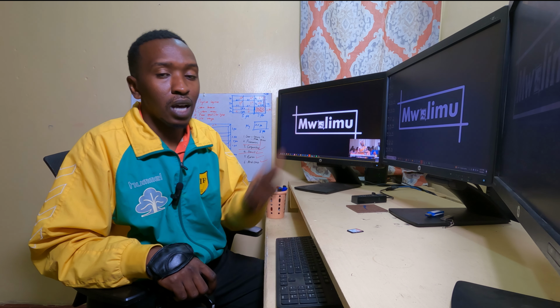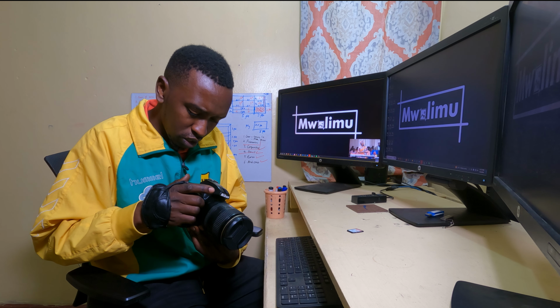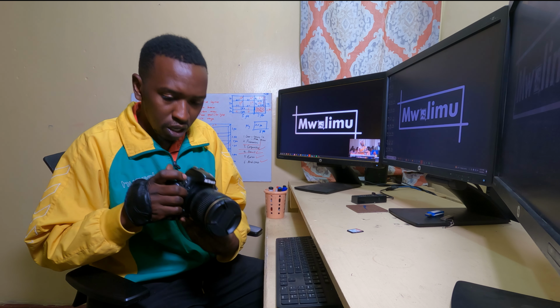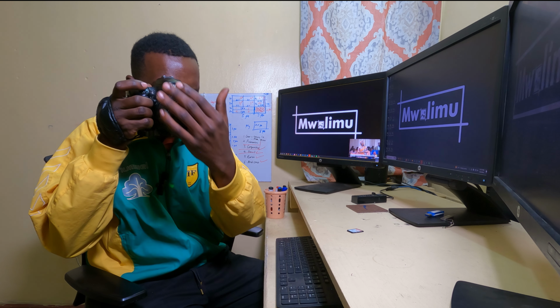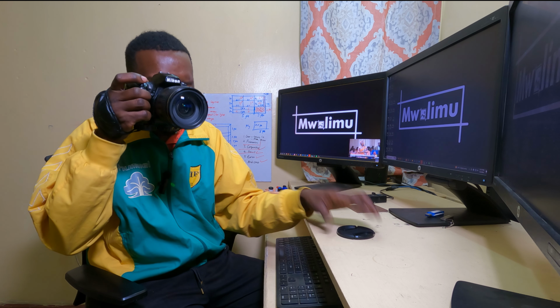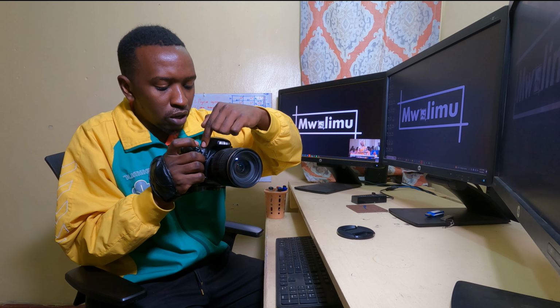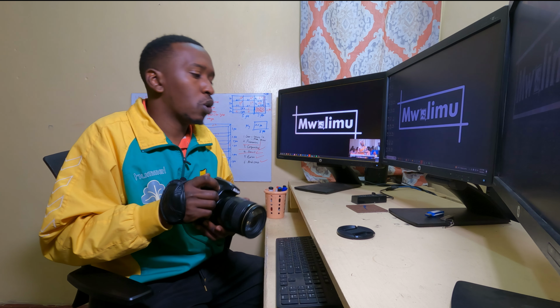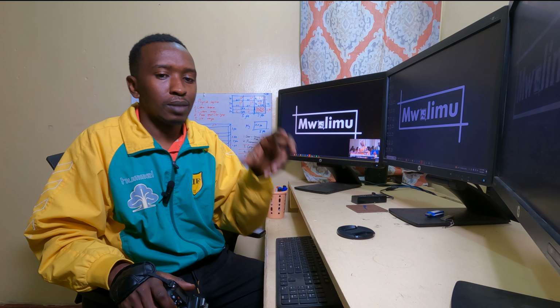For example, turning on the focus beam. I think this one right here, let me see if it is going to activate. Not so sure. It's very easy to focus, so it will not activate. But normally you have a focus beam that comes on from this particular point, enabling you to focus in the dark. And also some speed lights, for example, the Godox TT600, also have a focus beam that you can activate